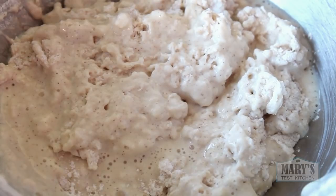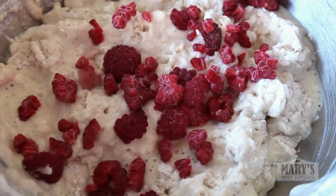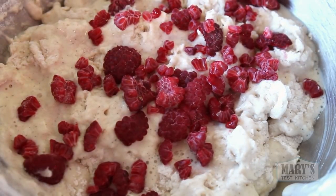And then I realized I was out of frozen blueberries, so we have raspberries instead, which I had because I